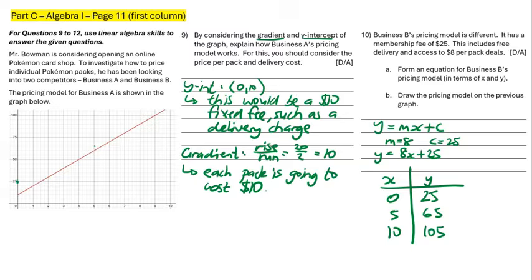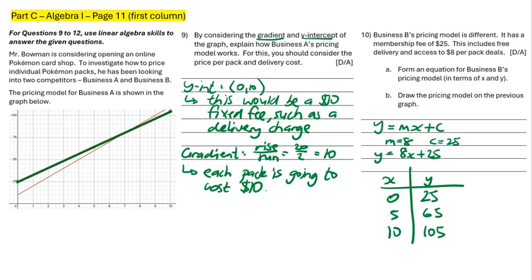5, 65. That's going to be over there. Hopefully you can see the dots pretty clearly. And then finally we got 10, 105. 10, 105 is going to be that point there. Okay, so I've connected those dots with just one of the clip out lines, but hopefully in the exam you'll be drawing a nice straight line with the side of your ID, a ruler,